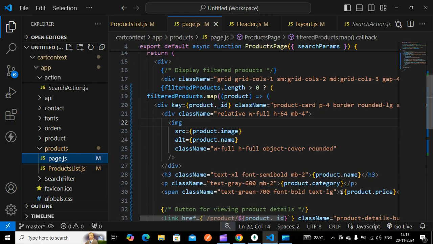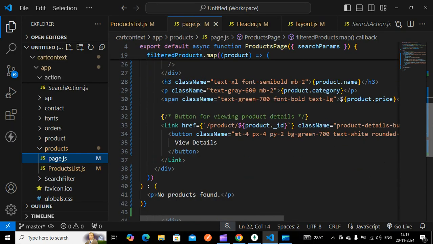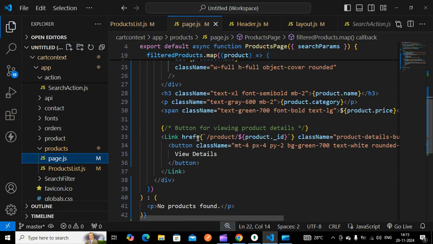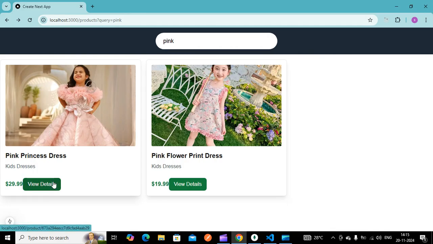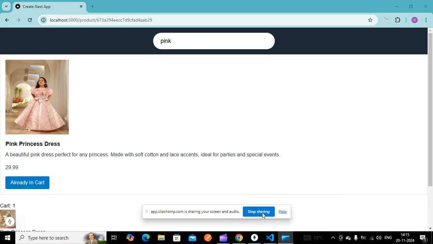And here it will check the length. If there is no product which I have typed, no product found will be shown. Otherwise it will map those particular product lists. And if we want to go to the view details of a particular product, it goes to this product and product underscore id. So we can go like this. So this is all about searching a particular product using a server action. So thank you all of you.